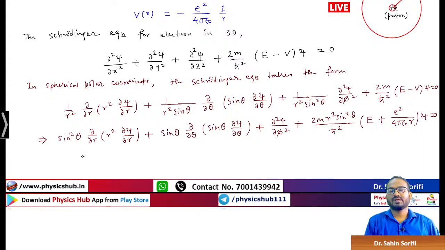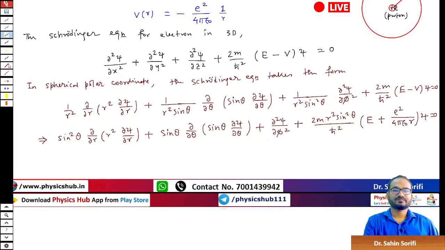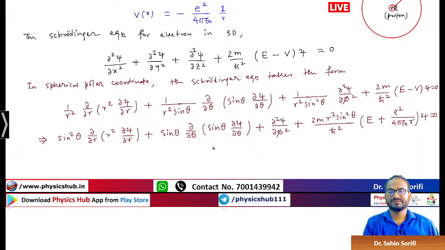So you can see this is a second order differential equation. Now, the solution of this, what kind of form will it take? The solution,